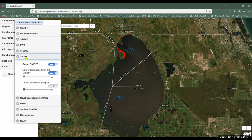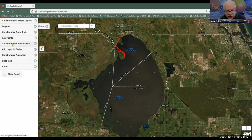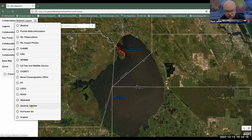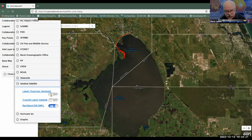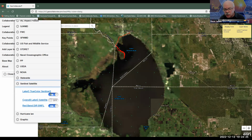Sentinel satellite data. Oh, I know where it is. That's why it didn't show up here. I need to turn it on in the master Sentinel. Sorry. Thanks, KJ. So I'm turning on this satellite image, which is indicating where potential